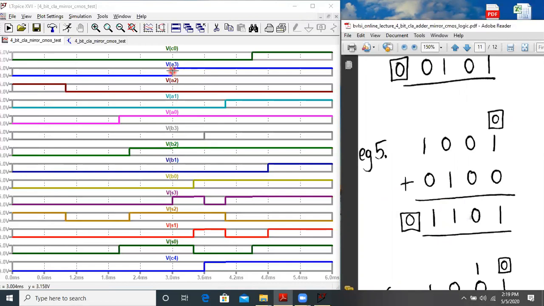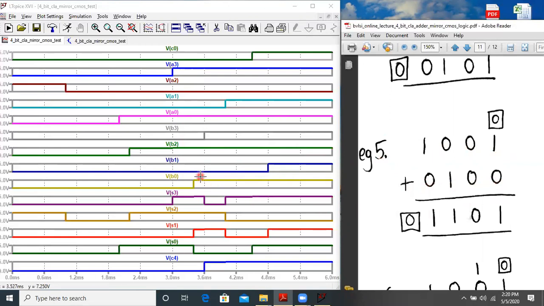Next we'll check the fifth condition. The time period is from 3 millisecond to around 3.4 millisecond. So let us start with C0. C0 is 0. A3 to A0 is 1, 0, 0, 1, as it is written over here. B3 to B0 is 0, 1, 0, 0, as it is written over here.